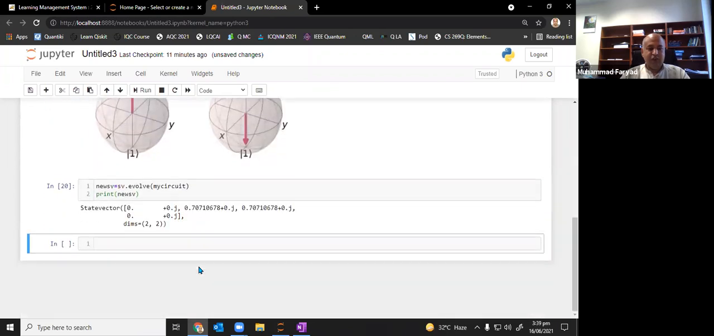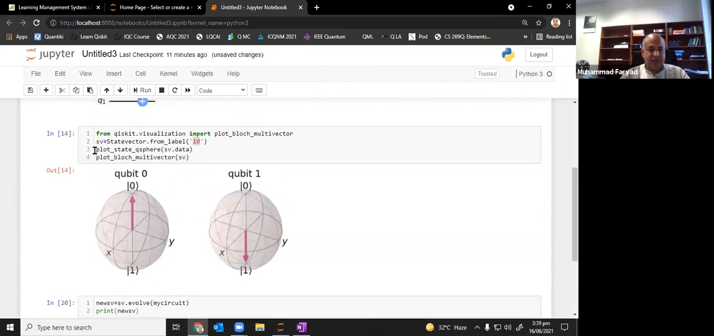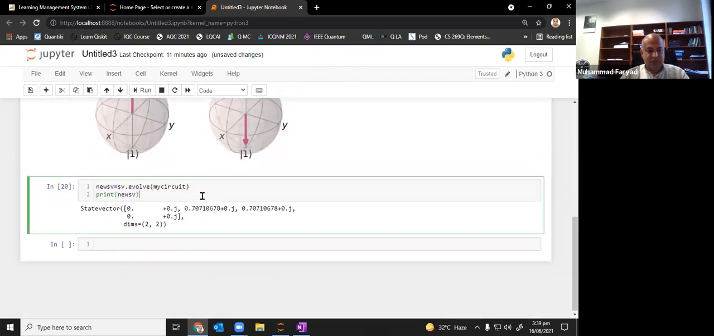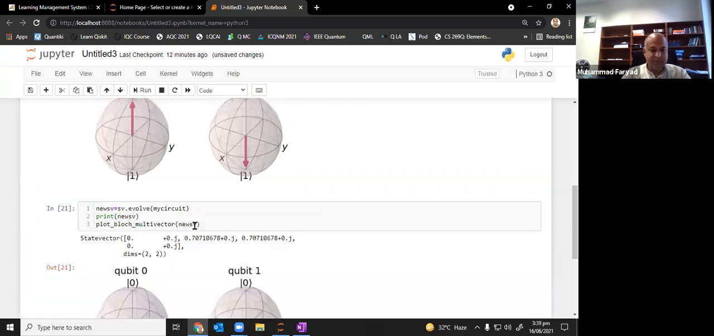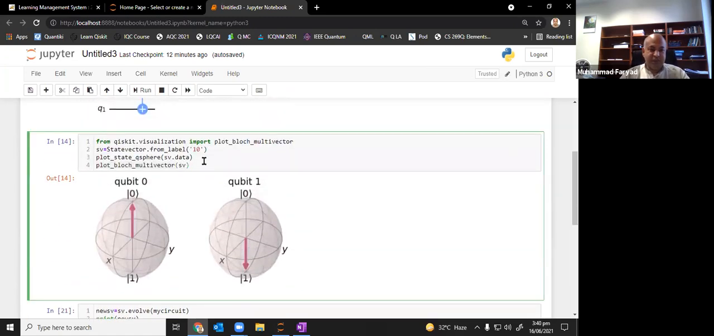But now we also have to visualize it. Let's see if we can visualize it on Bloch sphere first. So let me copy this command here, and this new SV. Okay, we don't see it on the Bloch sphere using this plot Bloch multivector, because it's an entangled state and you can't really talk about the state of 1 qubit and the state of 2 qubits. However, if I plot it on Qsphere,